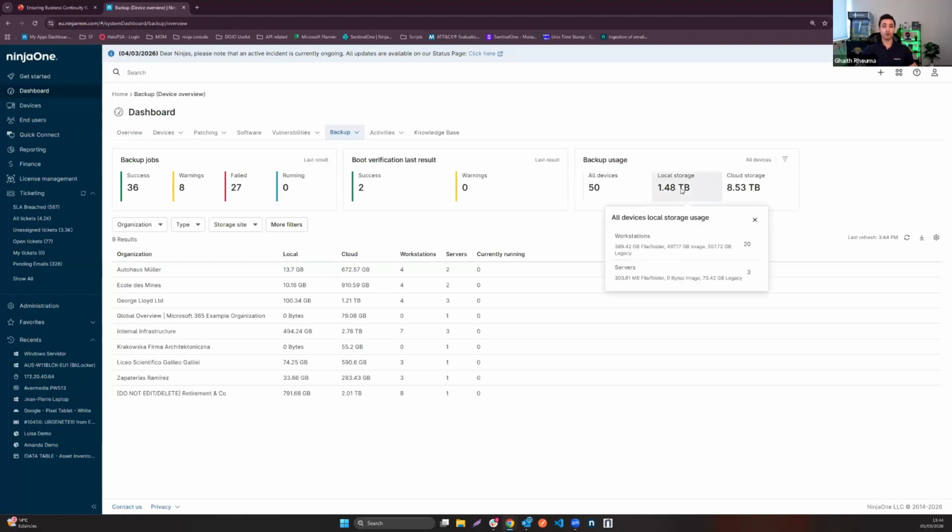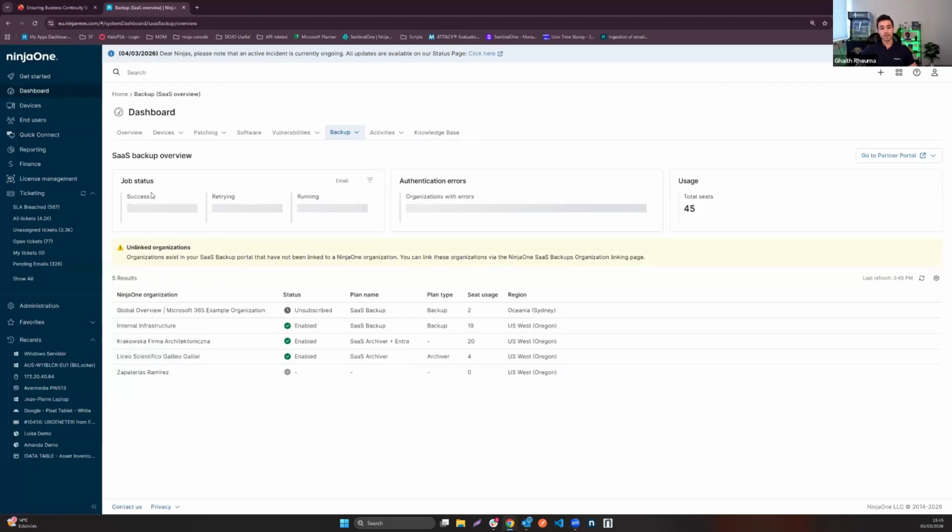This is the overall data stored locally or in the cloud, how many devices, boot verification, etc., etc. Same thing, we have it for SaaS backup, right? So here we have job status, 284. So X amount of successful backups when it comes to 365 or Google Workspace,